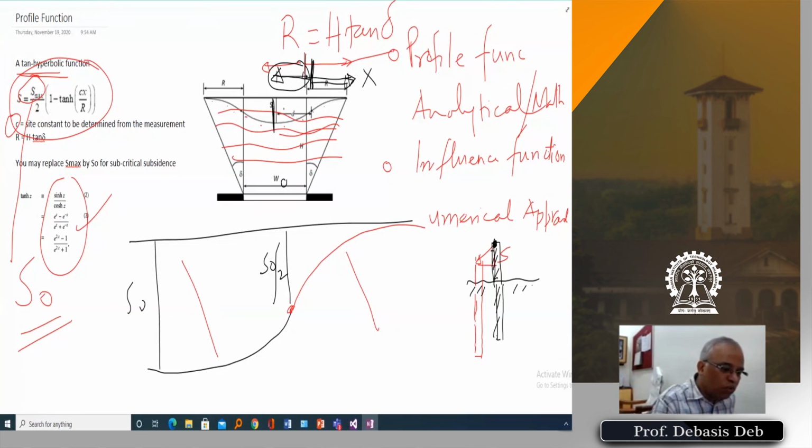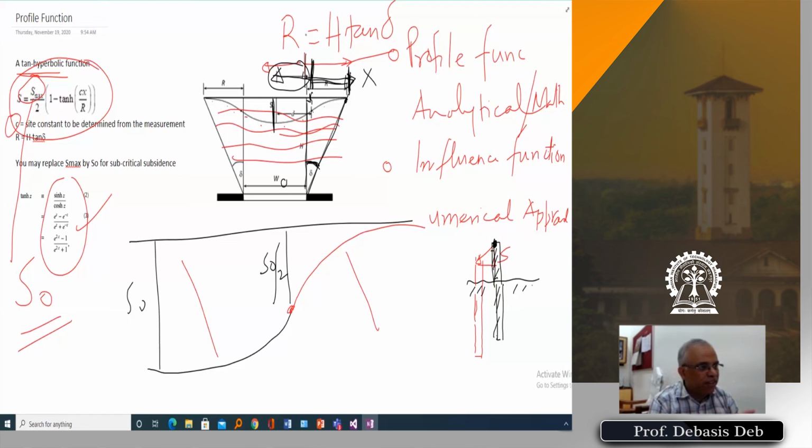So once you know this value, now you can find out. Once you know this distance, then you can find out the delta, provided H is given. If you know this distance from the inflection point, and you go to the surface and see where the crack has happened, so I know this offset distance from the panel edge, I can easily find out the angle delta from this curve also, or vice versa.